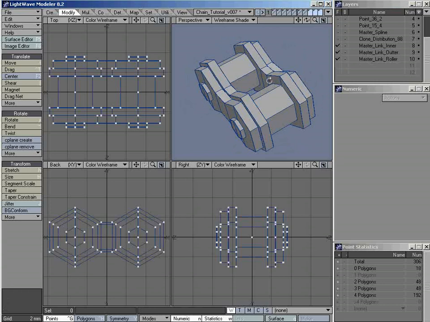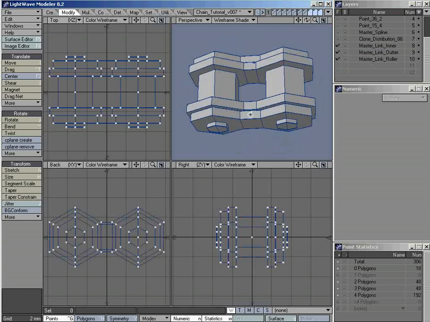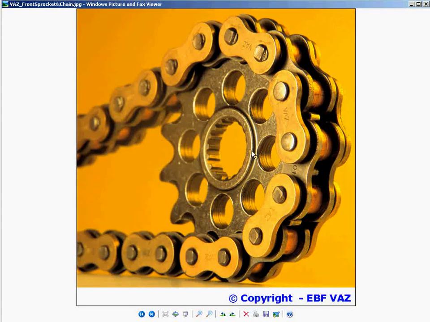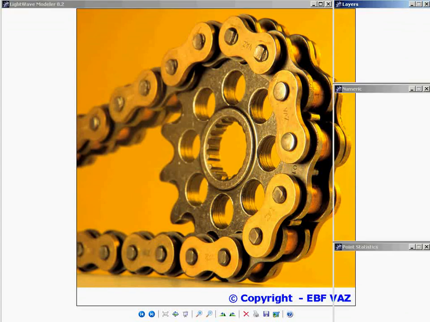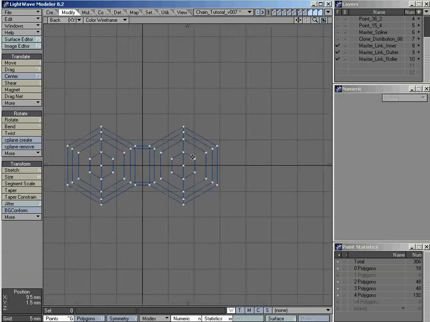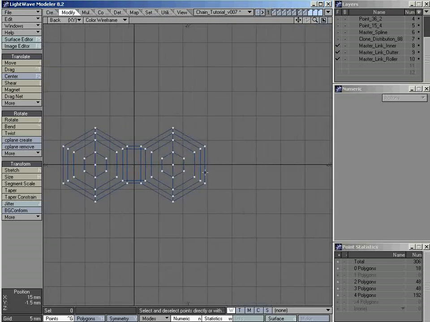So the next thing to do is to change the location of this outer link, because they do not sit on top of each other. So we need to offset this by one roller length, or rather one pitch length. So it's easy enough to do. Again, I'll work in the back view on this case, so I can pan over to here. Okay, so